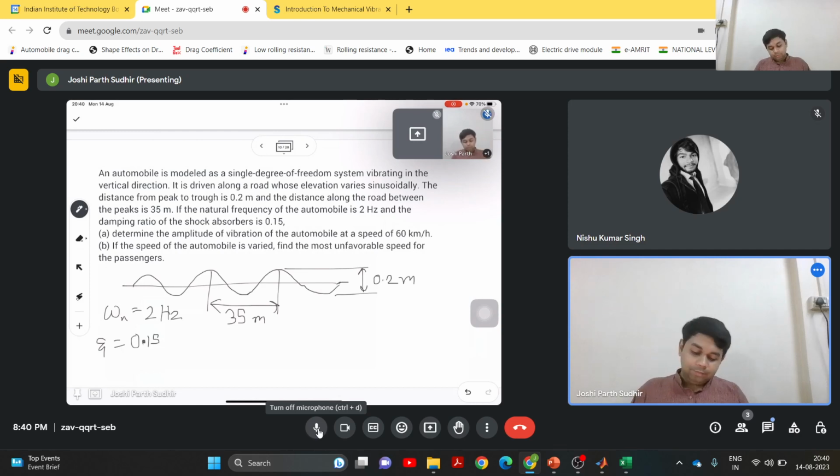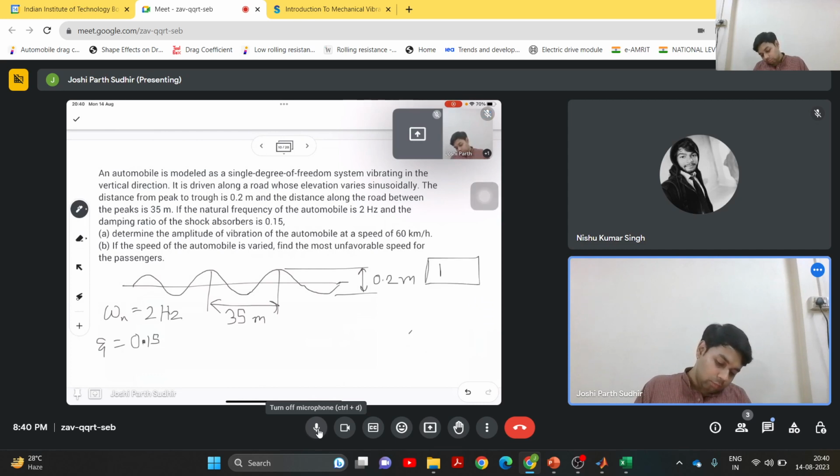So we can model it like, let us say, we can model the car as a mass capital M, and the suspension has some stiffness and damping,